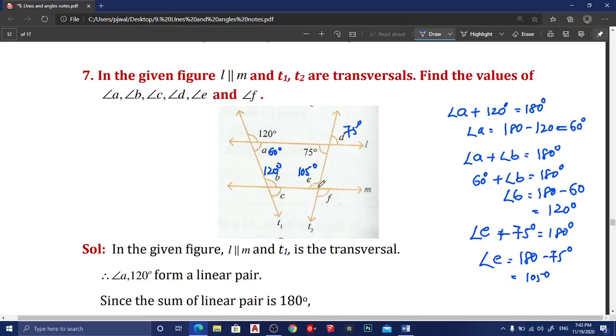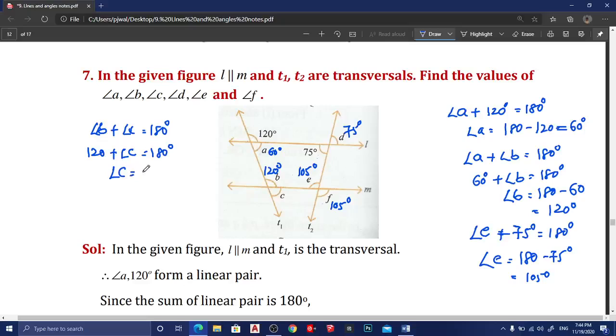Now from this you can find F, because these two are vertically opposite angles and are equal to each other. You can write 105 degrees. Now how can you find out this angle C? If you observe, this is a straight line and M is also a line, which are intersecting each other. They will form a linear pair. The sum of the linear pair is angle B plus angle C is equal to 180 degrees. Now you know angle B here, which is 120, plus angle C is equal to 180 degrees.